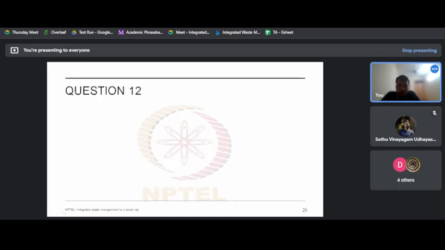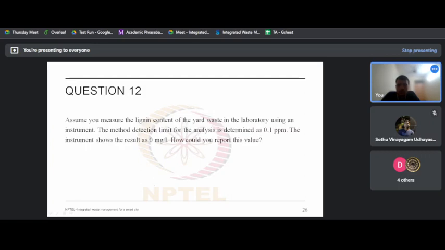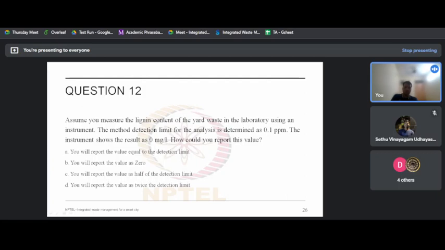Coming to the next question, that is question 12. So assuming you measure the lignin content of the yard waste in the laboratory using an instrument, the method detection limit for the analysis is determined as 0.1 ppm. The instrument shows the result as 0. How could you report this value? So we have the options here. You will report the value equal to detection limit. You will report the value as 0. You will report the value as half of the detection limit, and you will report the value as twice the